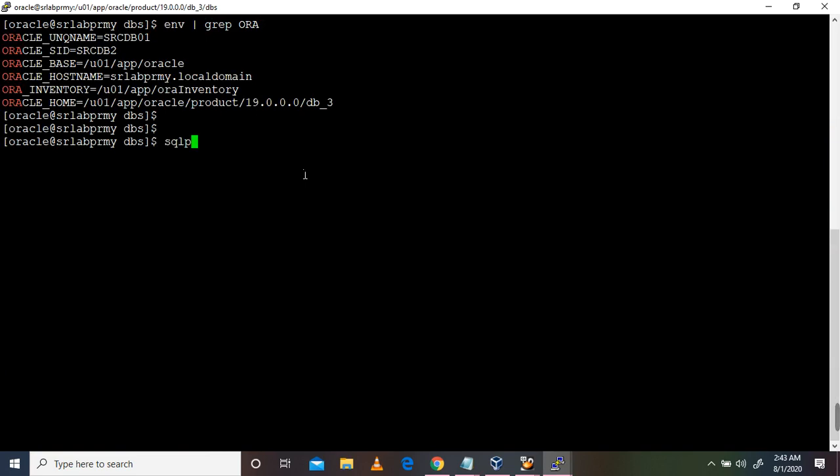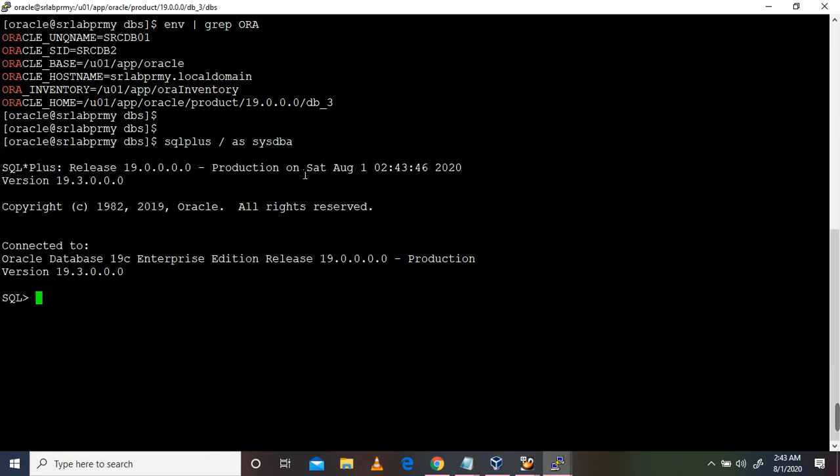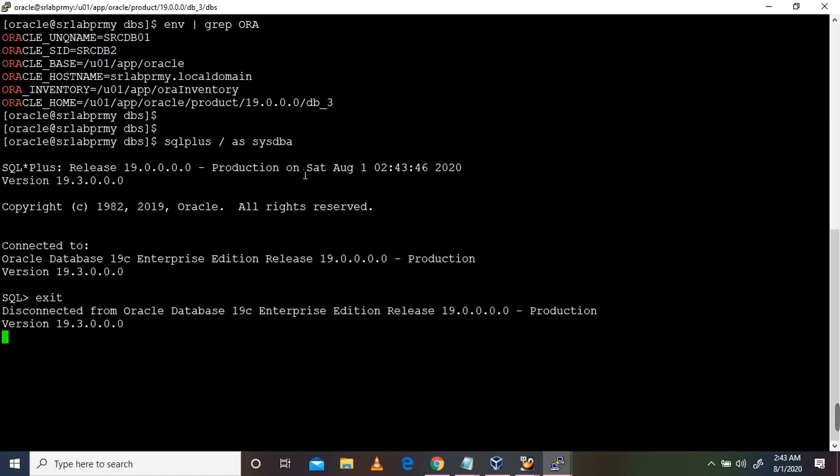So what we will do, connect to the database. Prior to that, we need to check that the first step is we need to put the DNS entry across the servers.